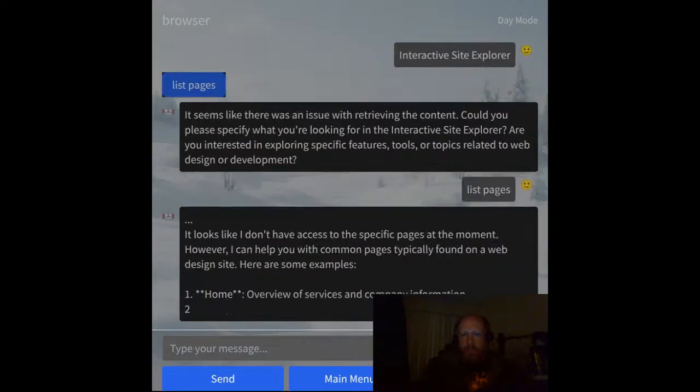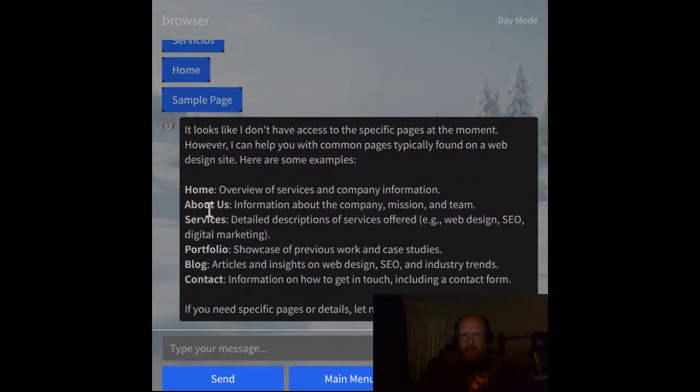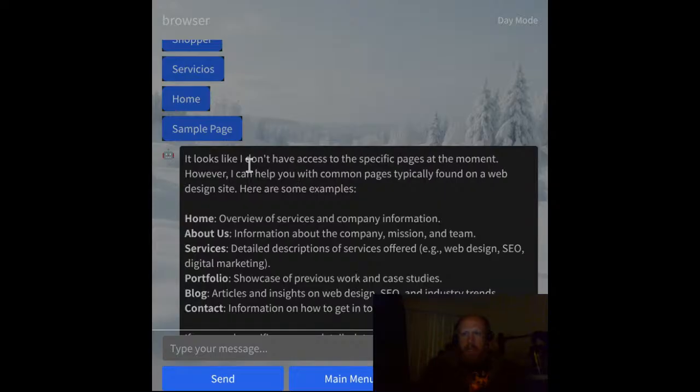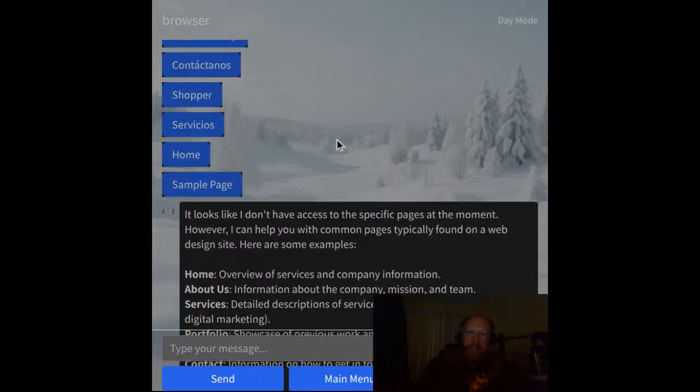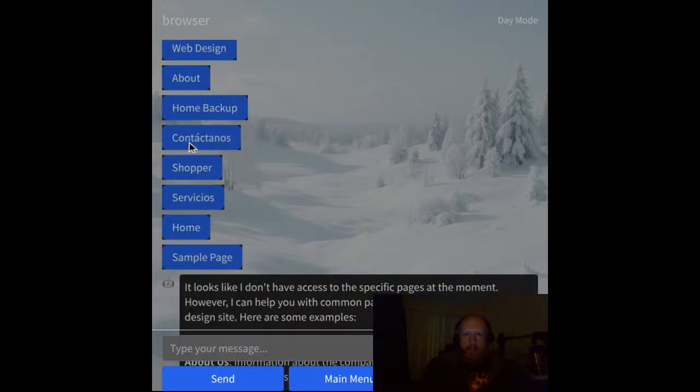Right. I don't have access to the specific pages. It doesn't realize that it has the pages up here. But anyways, we have the pages up here. So if we click on the pages,